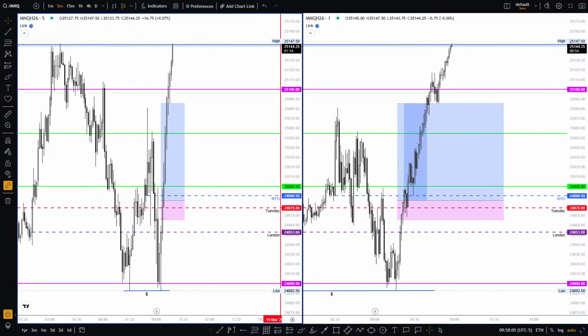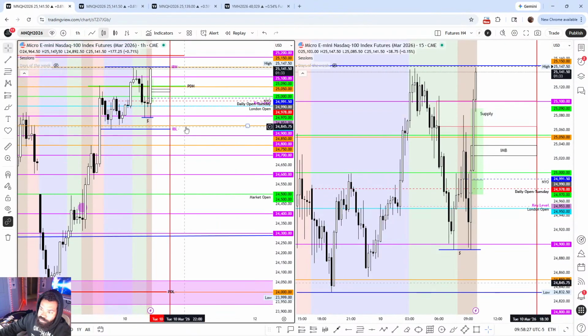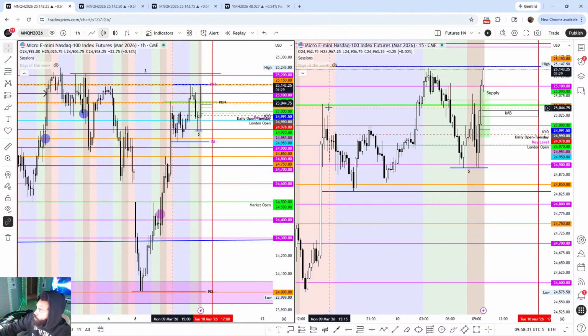Bang, bang, bang. Alright. Seems like TradingView's a little late. Let's see if TradingView's taking a little later. Oh, I have my alert set for the high. That's why, but we did just deliver the liquidity, so let's see if we push on through, and then we'll look at the higher time frames here. I kind of want to show the 1 hour so we can have a perspective of where we potentially could go.